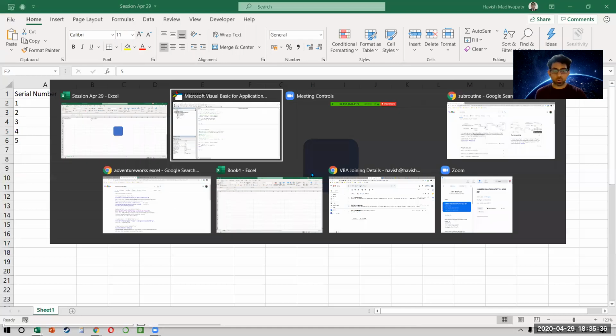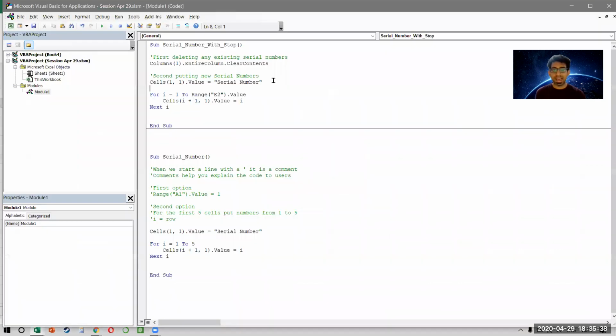I just wanted to see the code once again. And I hope you're able to see why this comment is very important, because without the comment, you might not understand what you did. Because see, codes are not written like this. Some of it you will write, but most of it you will either record automatically or you will copy from the internet. So it's very important to also learn what is happening. Otherwise, you might copy something, it works, but you don't know how it worked in the first place, right?